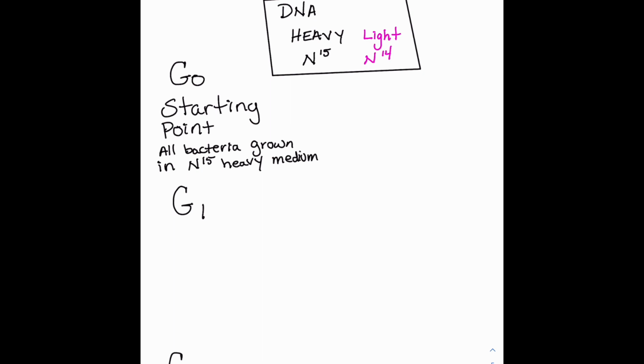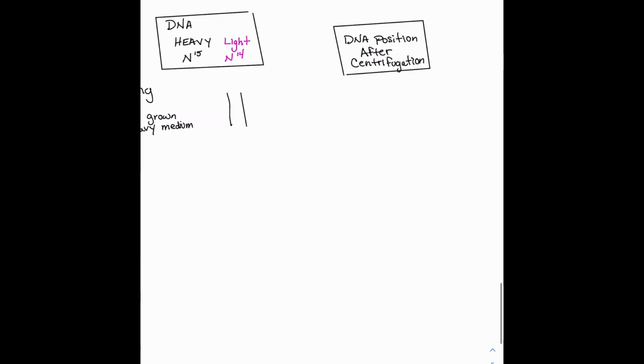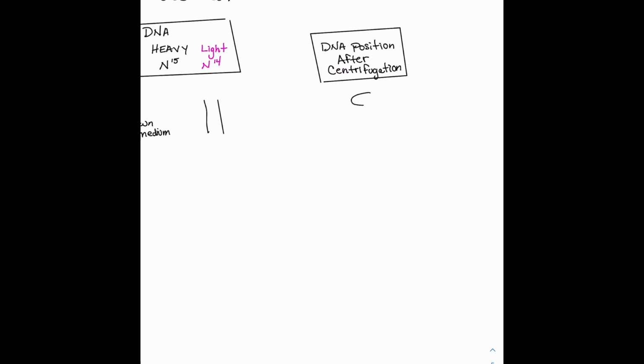And what this does is it allows the DNA to incorporate this heavy nitrogen. And so when we look at splitting this up, we look at our DNA, and all of our DNA is going to be heavy. So all of our DNA, when we look at the double strands, it's going to be like this. And if we centrifuge this heavy-stranded DNA, as we're separating it out by size, what we see is a single band of DNA